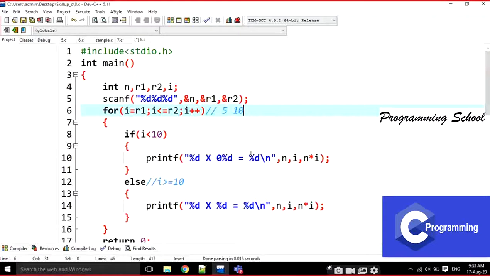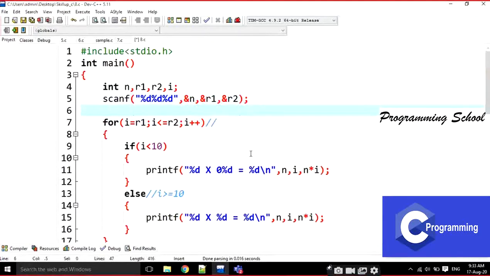When am I going to change the program? I am going to change the program when R1 is bigger and R2 is smaller. When R1 is bigger than R2, I am going to write one condition, a simple if. There is nothing we have to do with an else statement.